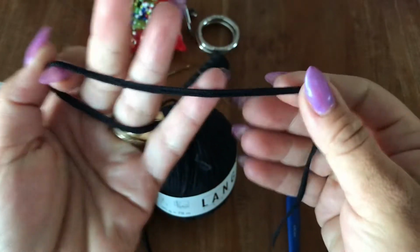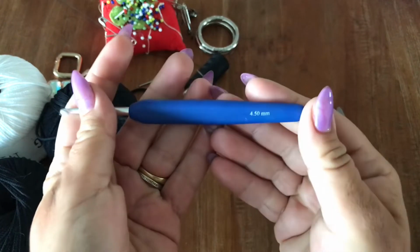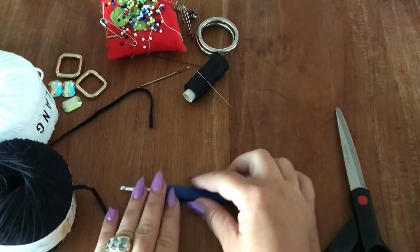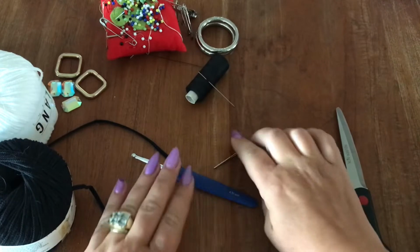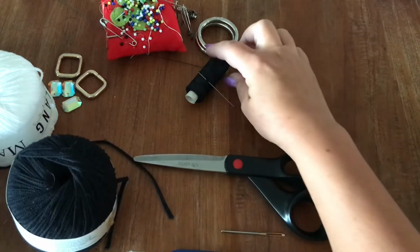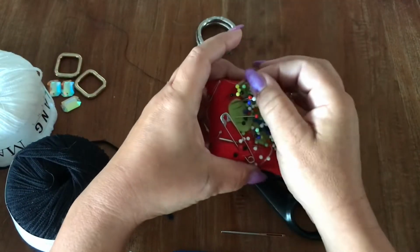See, it's a tape yarn, and in addition to the yarn you will also need a hook, so a 4.5 millimeter hook. You are going to need a yarn needle, pair of scissors, sewing thread and sewing needle, some pins,